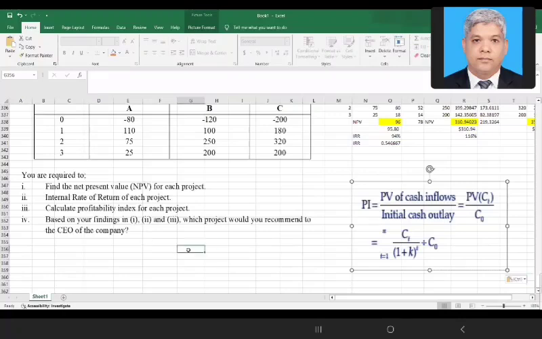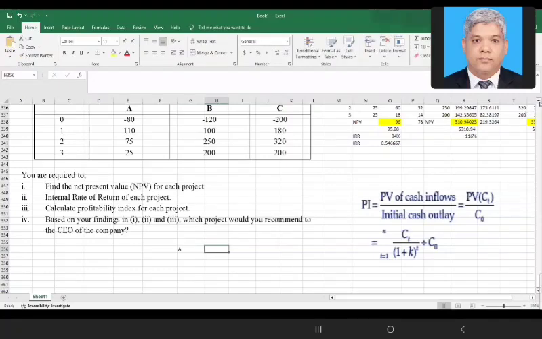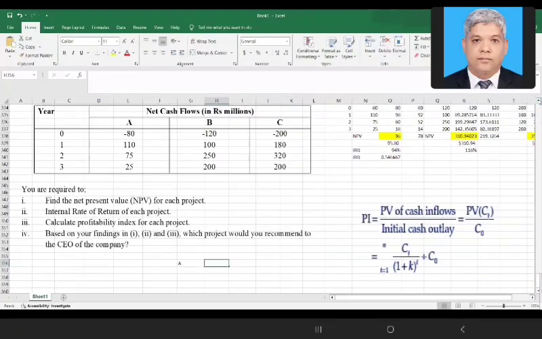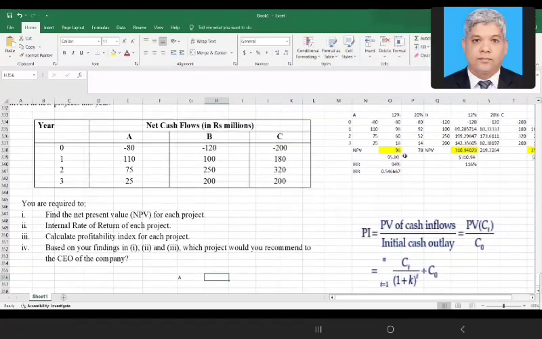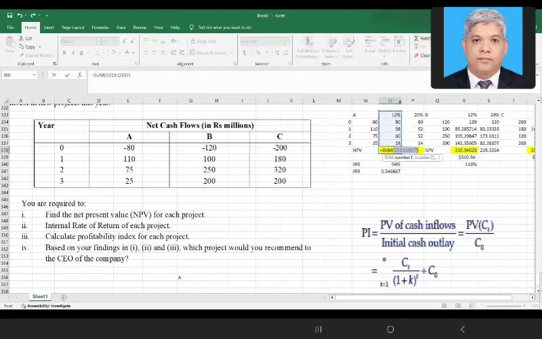In the case of project A, it can be done with the present value of cash inflows, at 12 percent. The present value of cash inflows is 96 plus 60 and 18. So when you sum it, excluding the initial investment, that's going to be